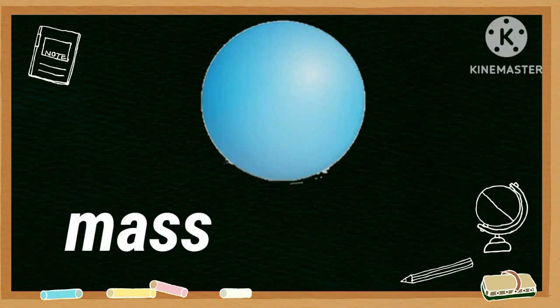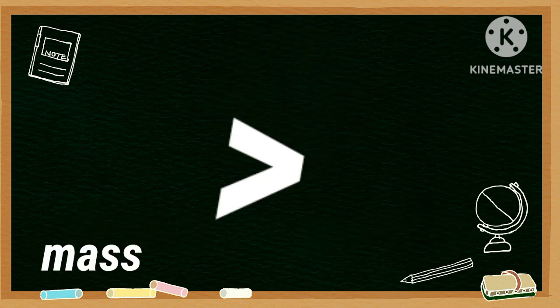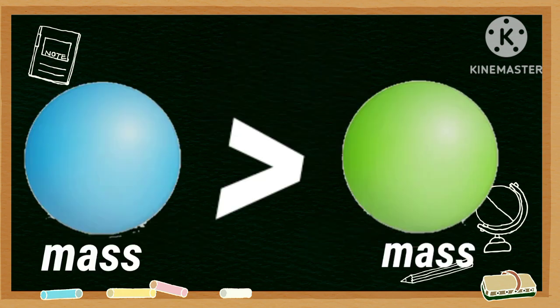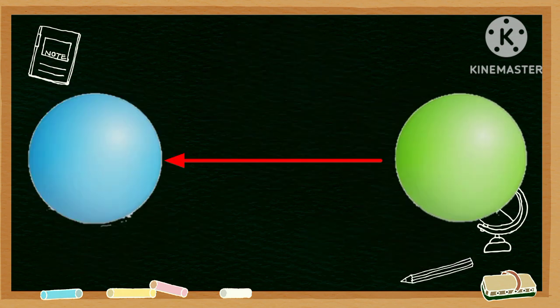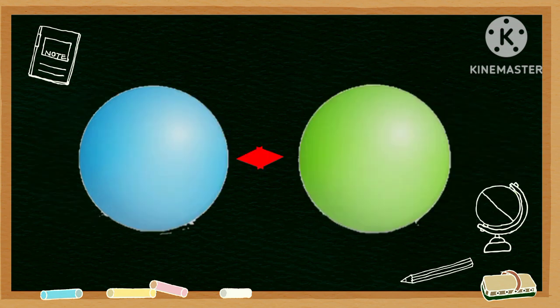Anything that has mass also has gravity. Objects with more mass have more gravity. Gravity also gets weaker with distance. So the closer the objects are to each other, the stronger their gravitational pull is.